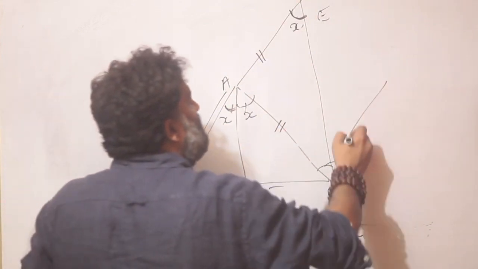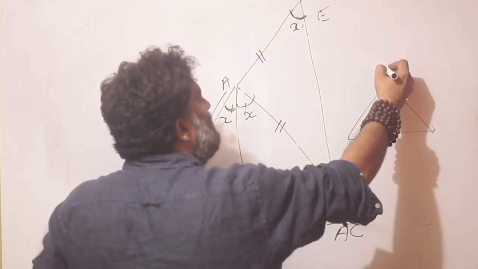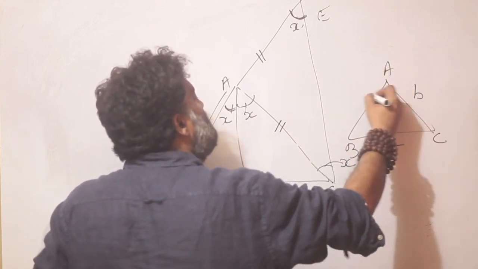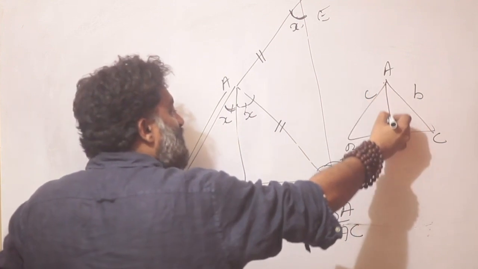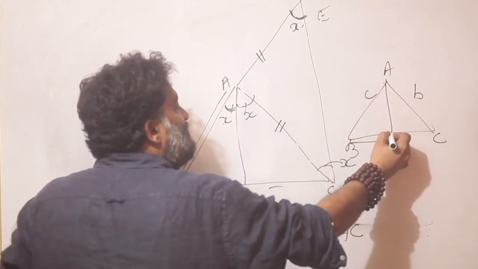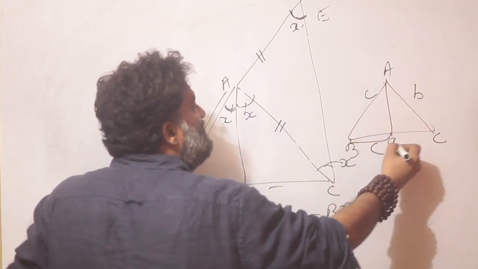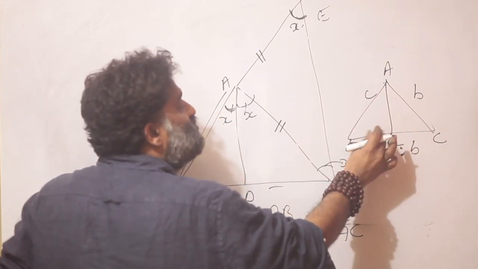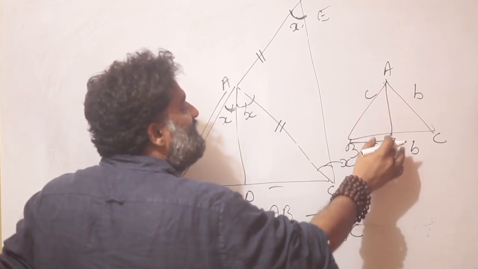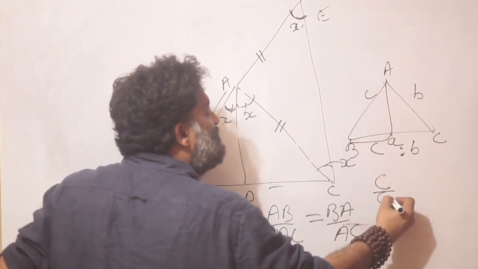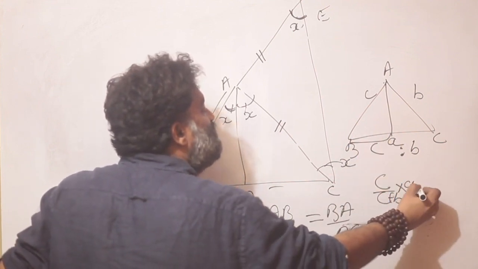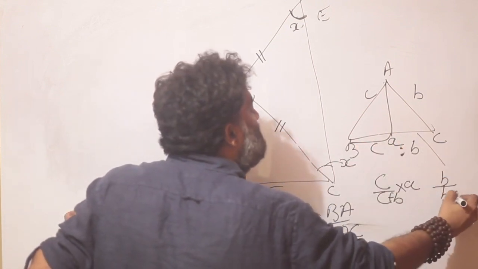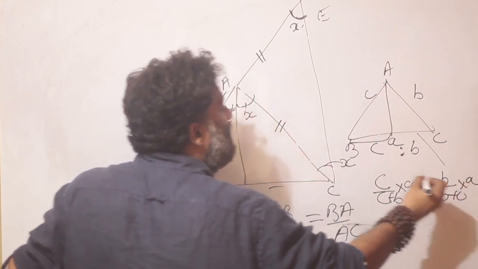So now I know if I draw an angle bisector, and again I'm going to call this triangle ABC and name the sides A and B and C, when I drop an angle bisector, the ratio is going to be C is to B. But what is the actual part going to be? If I have the value in terms of A, I will say C upon C plus B into A, this part, and this part is going to be B upon B plus C into A.